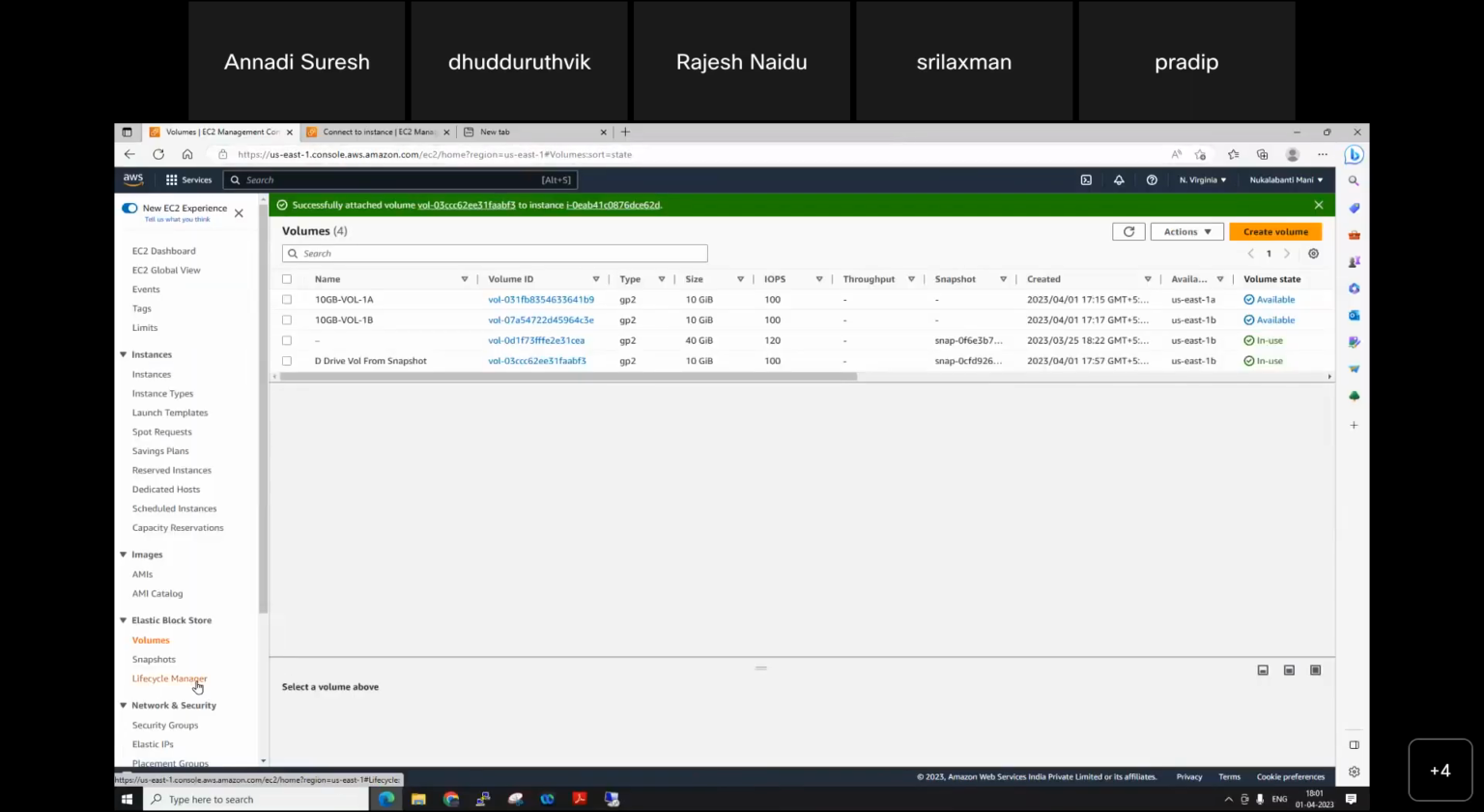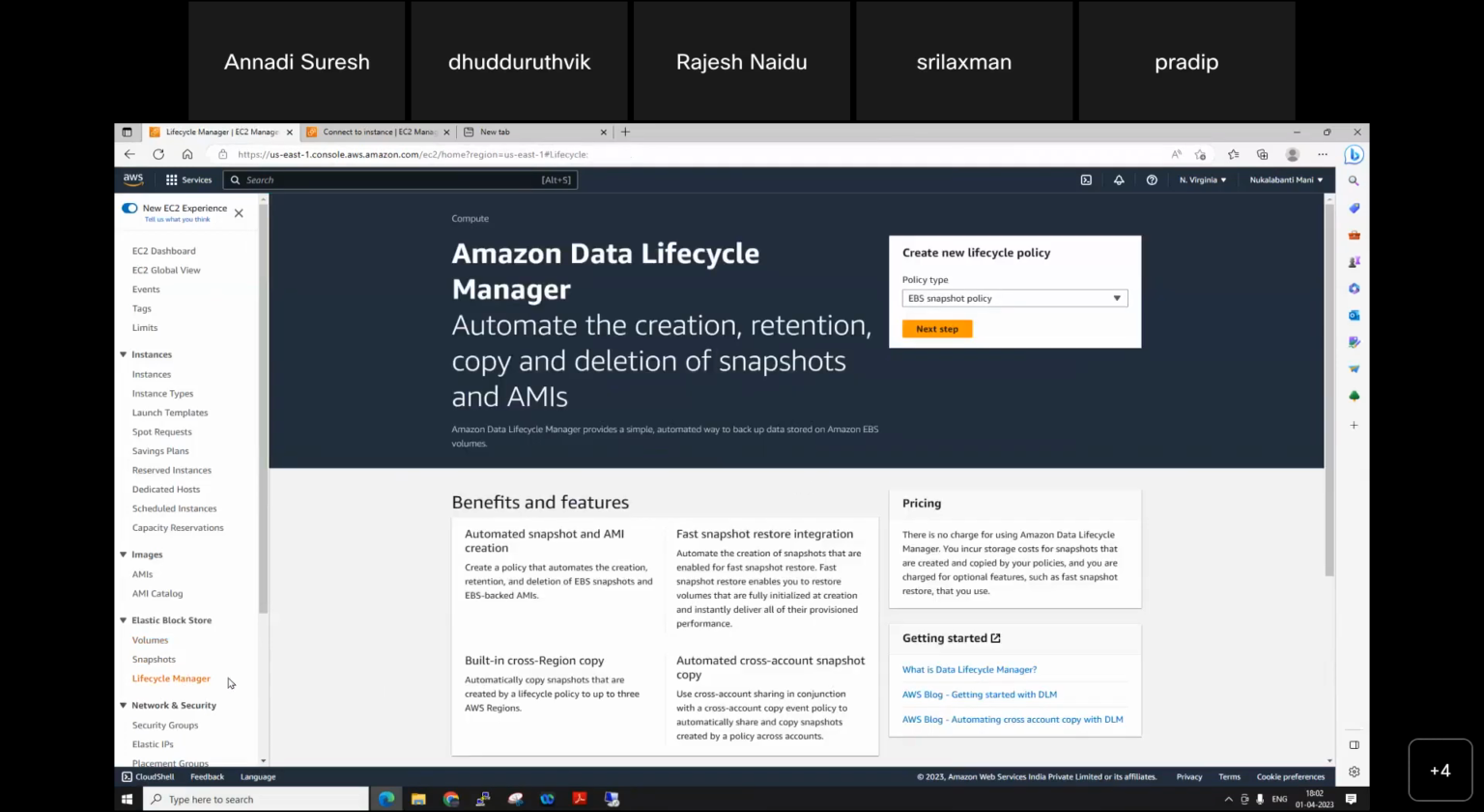So what is the meaning of Lifecycle Manager? Lifecycle Manager is nothing but, at a particular time you want to take a snapshot, you can create a lifecycle policy. It will take the snapshot during that particular time. And even if you don't want to maintain the snapshot for a longer period of time, you can schedule a deletion so that everything goes with a life cycle. Automate the creation, retention, copy, deletion of snapshots and AMIs. This job will be taken care of by